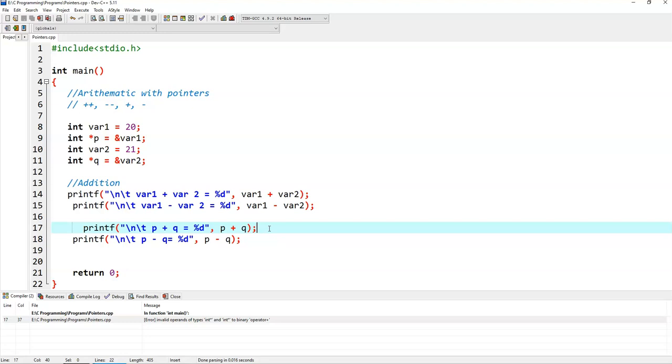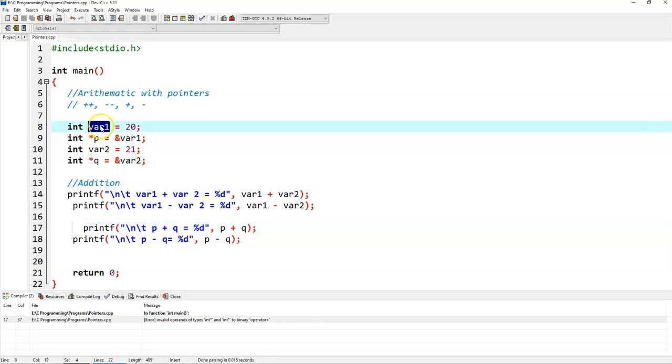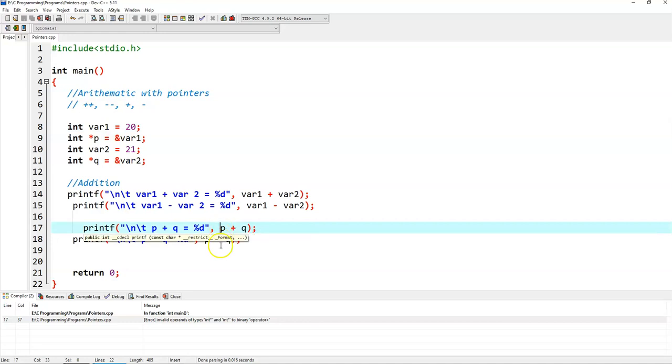It is not right, it may not be. So it is not a good practice to perform addition or subtraction directly on the pointers, right? अब पॉइंटर जिस वेरिएबल को पॉइंट कर रहा है उनका वैल्यू लो आप।